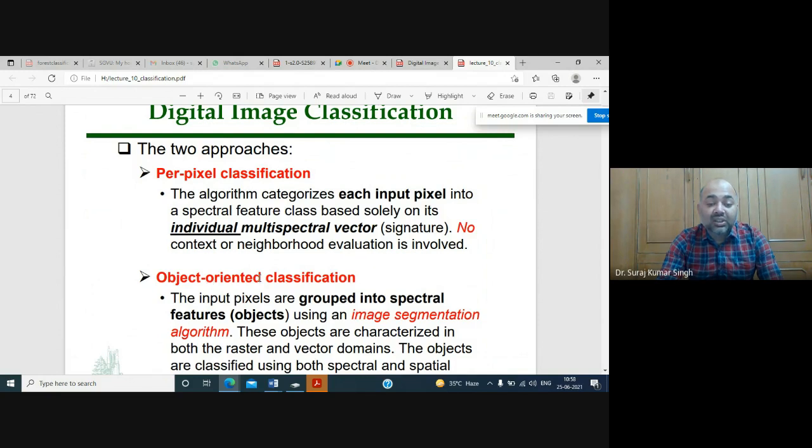And in object-oriented classification, the input pixels are grouped into spectral objects. Here we are making objects using an image segmentation algorithm. So what we do, we make image segmentation algorithms, and we classify the pixels into